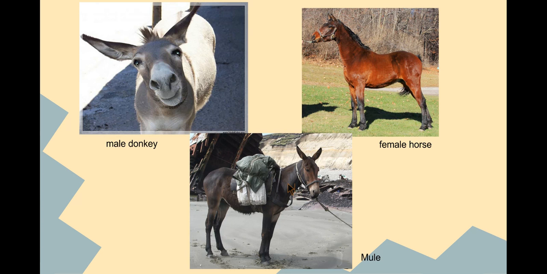All right, so hopefully you guys were able to get that just being able to breed and produce offspring is only half of our requirements. The offspring itself has to be able to have offspring of its own. So mules are infertile, and it has to do with the fact that horses and donkeys have different number of chromosomes. So those are the X's that form in your DNA inside your nucleus. So because they have a different number, mule ends up with 63 chromosomes, which is an odd number,